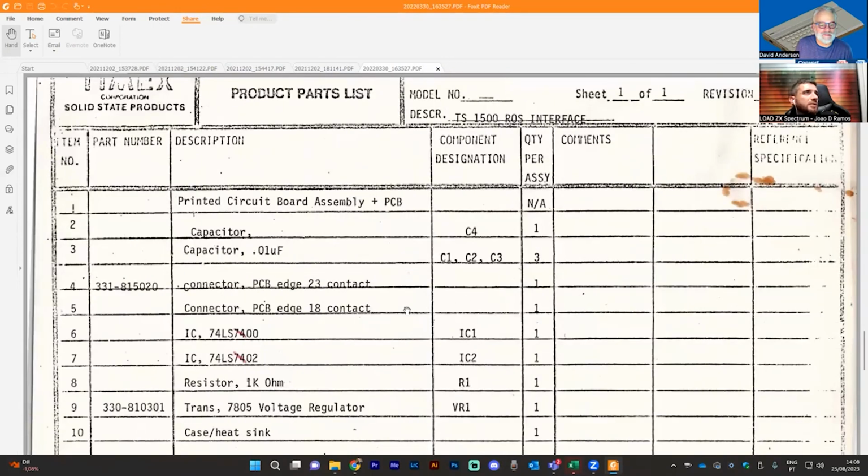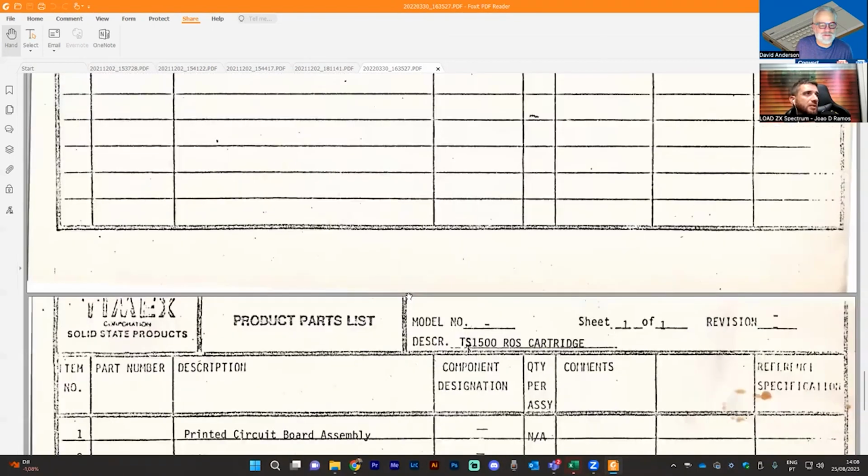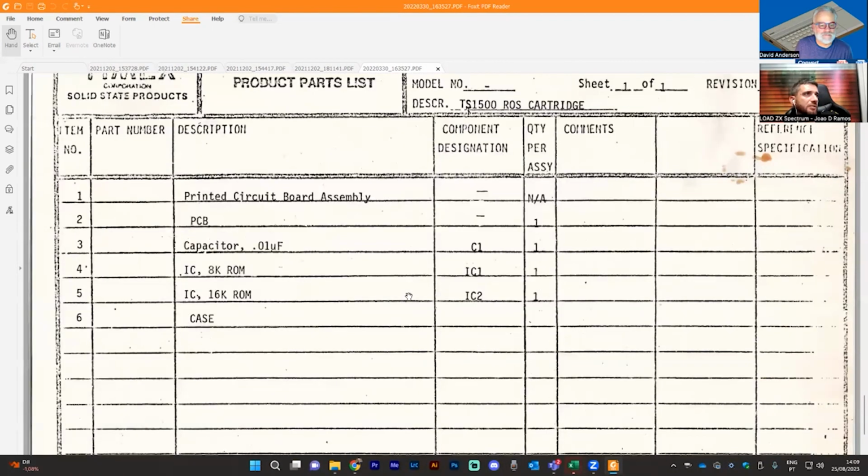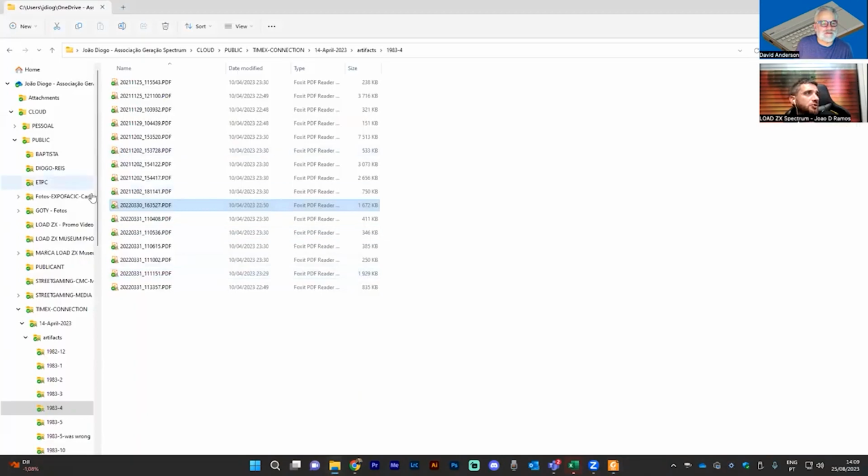Then the bill of materials. Oh, all right, pretty small. Yeah, simple thing. Capacitor, IC, case. Okay, that's it. Nice. Wow, that should print cool. I should print this one and put it next to